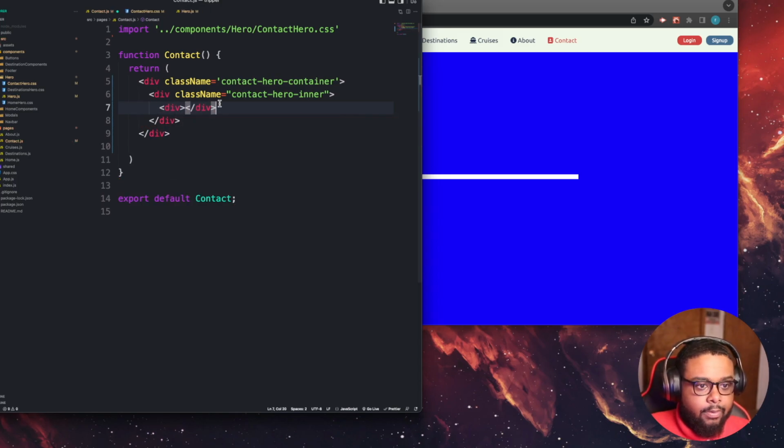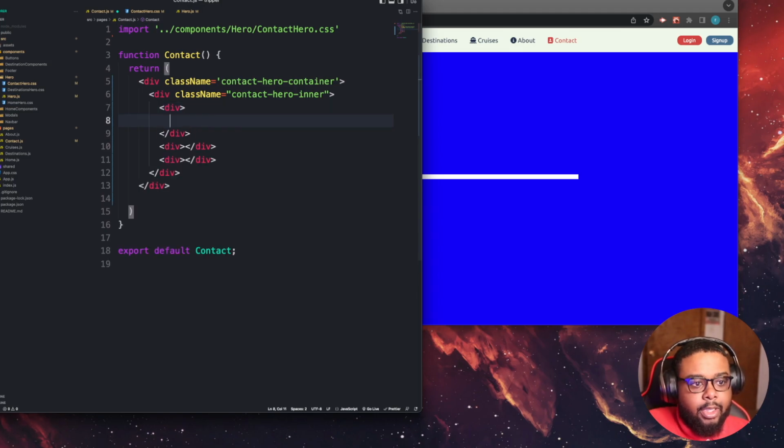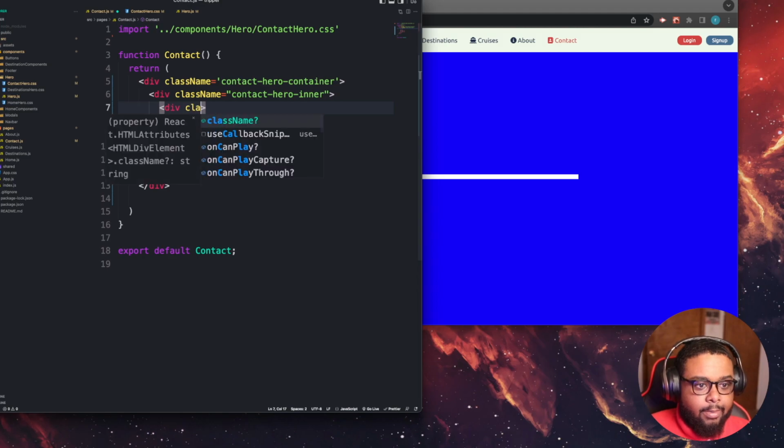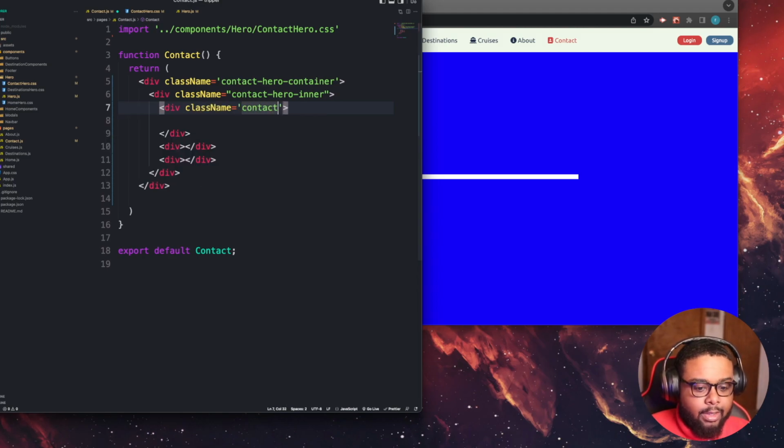So one div, let's copy that. All right, so we got 3 divs in here, and the first box would be like with our social links and stuff. So let's do a class name of contact hero socials, and then in the next one I want this to be like the map. So class name contact hero map,